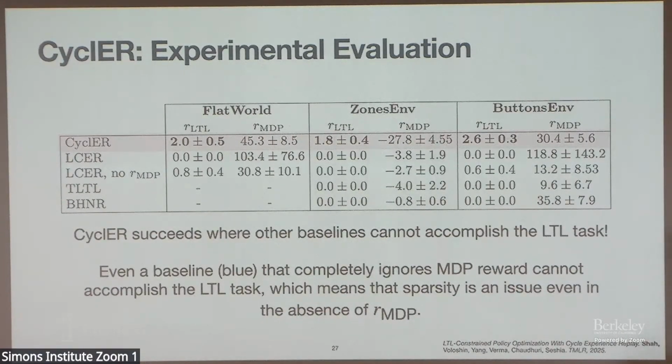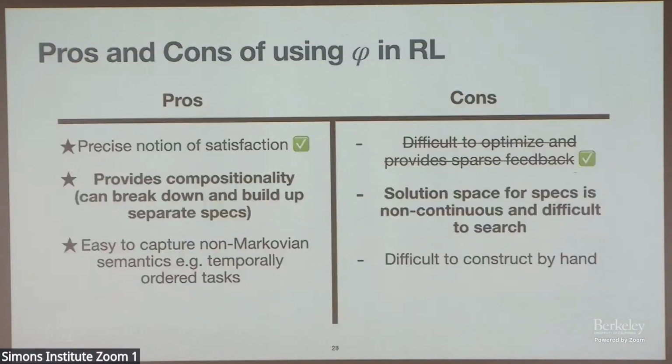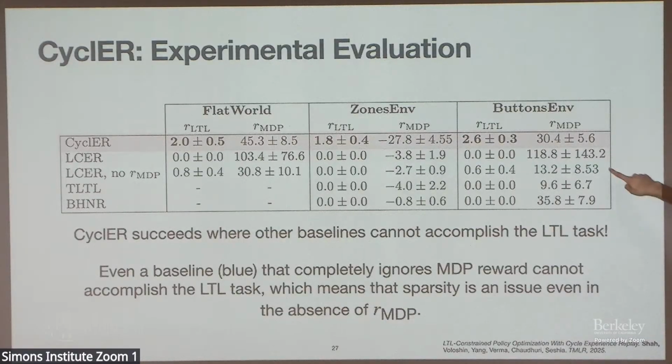One thing we also showed, and I mentioned to Sebastian that the contributions of this paper are somewhat disjoint, is evidence of that: one of our baselines, in blue, which you can't really see here, doesn't use the optimality condition at all and is trained on just the correctness. Even when it can't possibly get distracted, it still has trouble learning correctness just due to sparsity. Maybe not a super surprising takeaway, but still important in the context of specification learning.